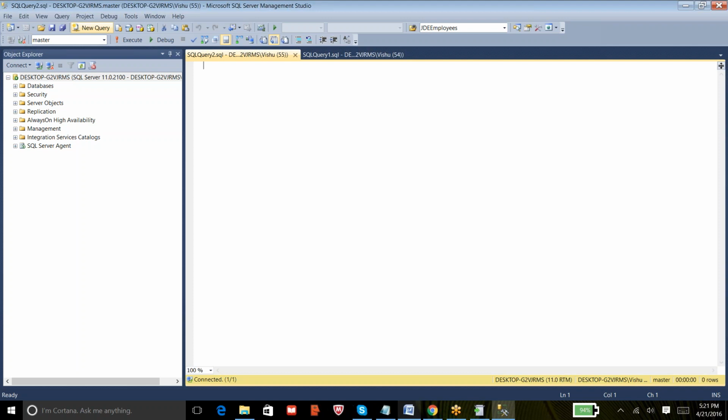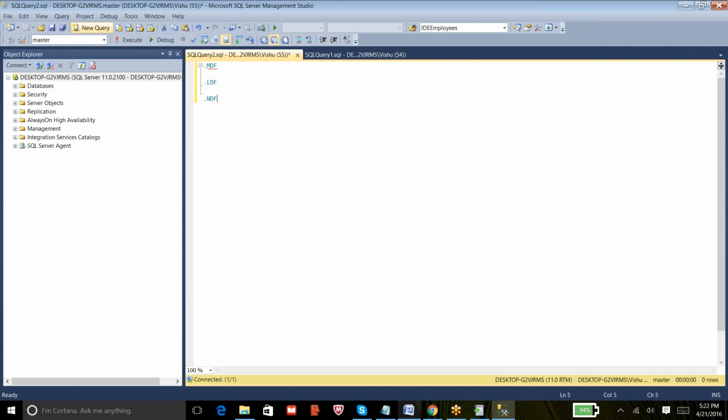Apart from the MDF and LDF files, we have another file, which is the NDF file.